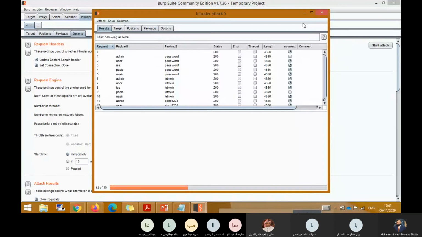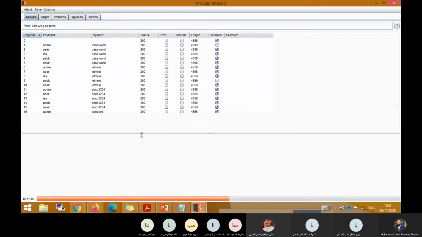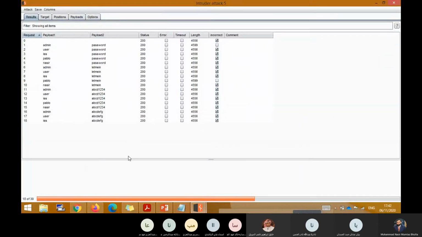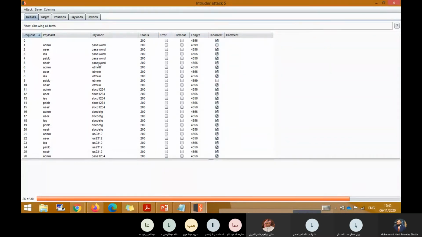And how can I find out which of the usernames and passwords have worked correctly? You can see it's cluster bomb, so it takes one username and tries with all the passwords. So it is reverse: all usernames first with one password, then all usernames with another password, and so on. In this way, when it tries all of them, it can say finished, completed.